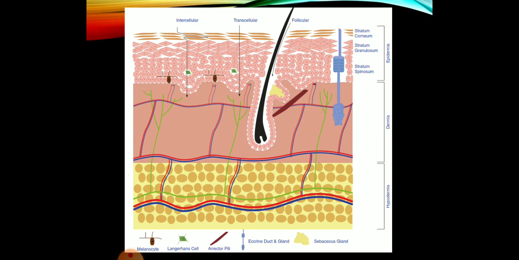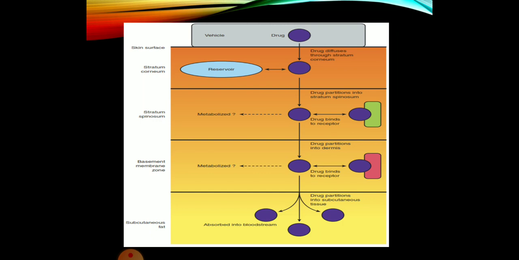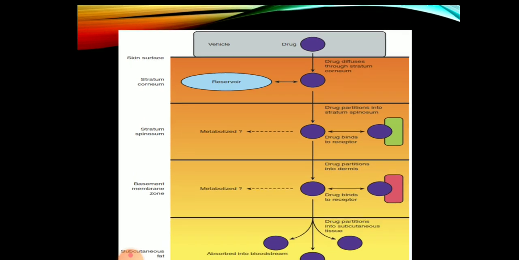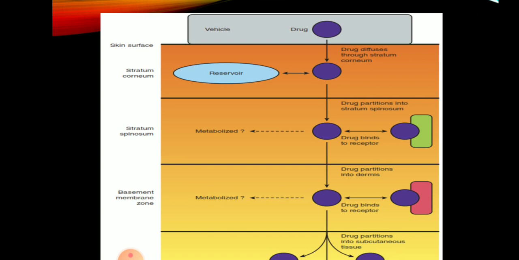So we are shifting to the next slide so that we can show you, when we apply certain kinds of medications via the topical route, how they are going to be absorbed and how they bind with their receptor and show their action. So this structure you will see is showing a vehicle. It means that the topical drug usually has 2 components. The first component is the base or vehicle, and the second one is the active ingredient.